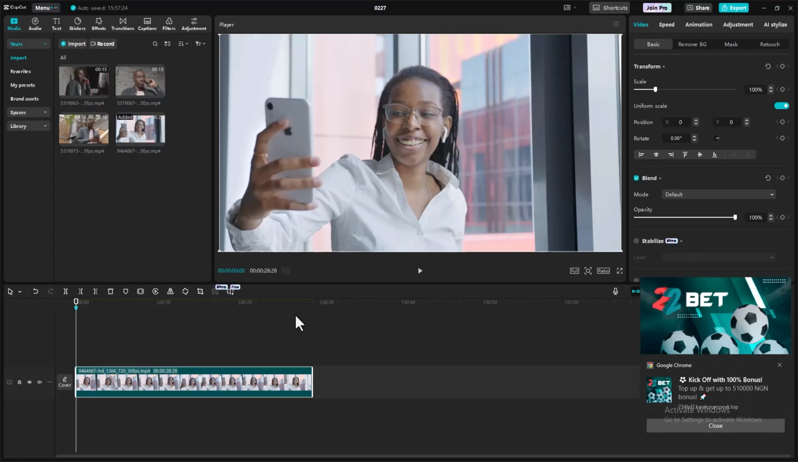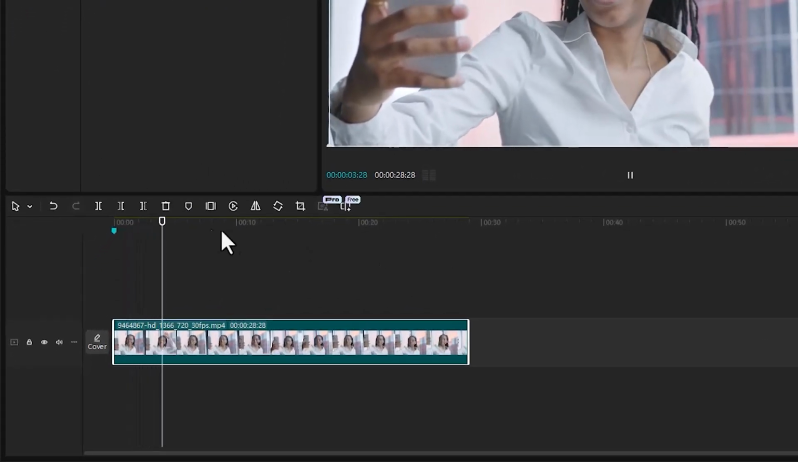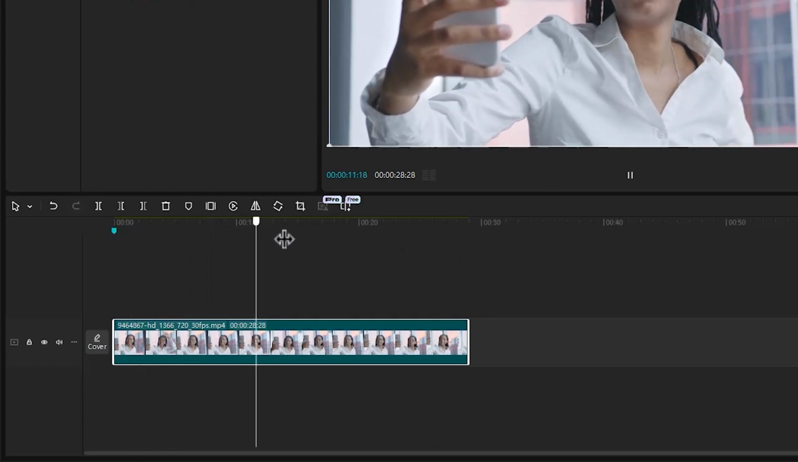In this tutorial, I'm going to show you how to add emojis to your videos in CapCut PC or Mac. To begin, I've imported this video clip onto my timeline over here. So the first thing you need to do is to move your player to the position where you want this